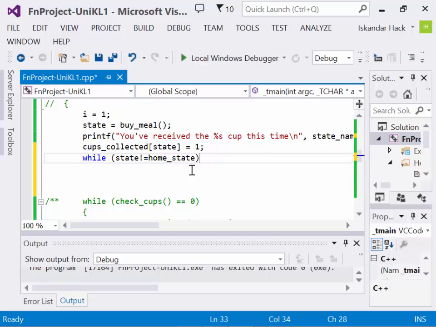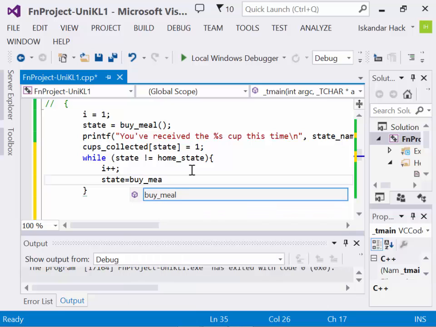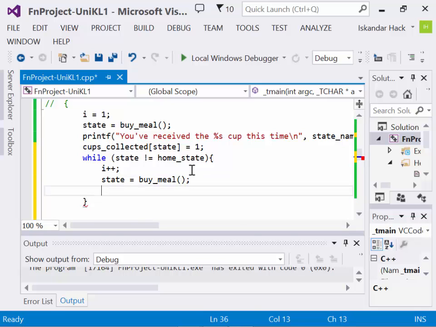Now if the first one I receive is 1, we've already got i equal to 1. We've set that there. It's on our first cup, but we're going to keep track of how many it takes us to get there. So while that's there, we're going to increment i right there. We're going to say state is equal to buy meal. We're going to buy another meal, get another state, and print f